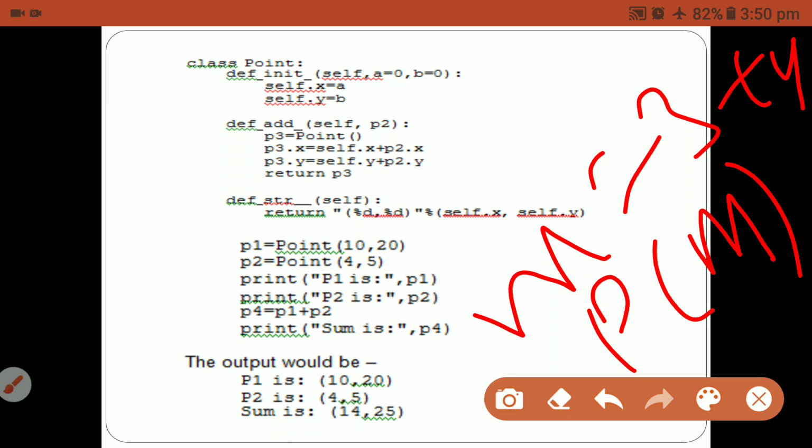Same as that, after using p4, automatically the p1 and p2 values will be stored. After p4, you will get the sum of the values. Then the overloaded operator will work with the help of the user defined type, meaning automatically p4 will be invoked.